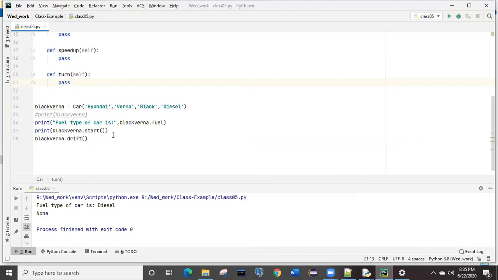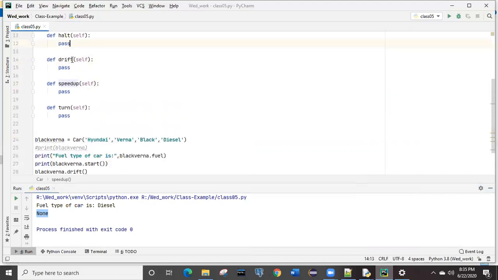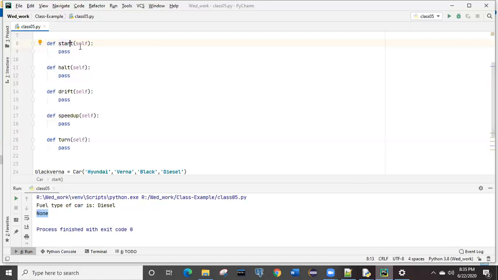What is it printing for start? It is not printing any output. It is simply giving you the value None. Why? Because you have not defined any features in the method; you are simply passing it. Got it? Let me go to this start, and instead of this pass, I'll write something.